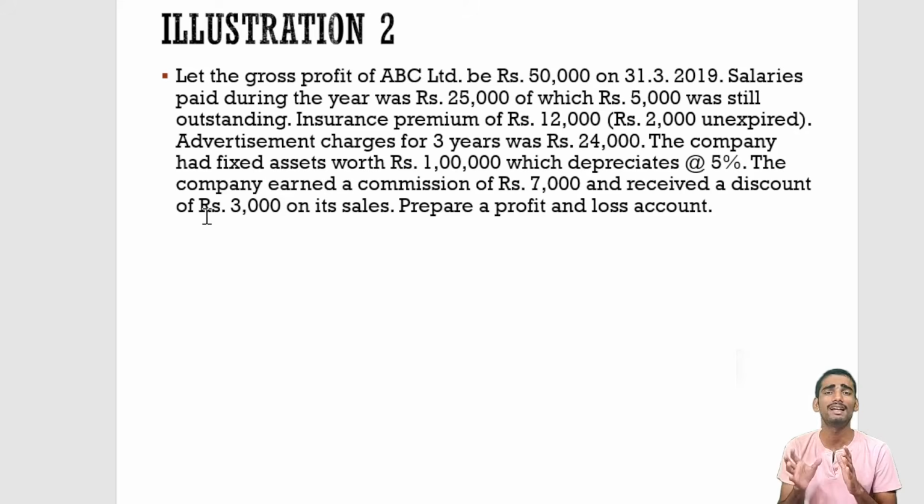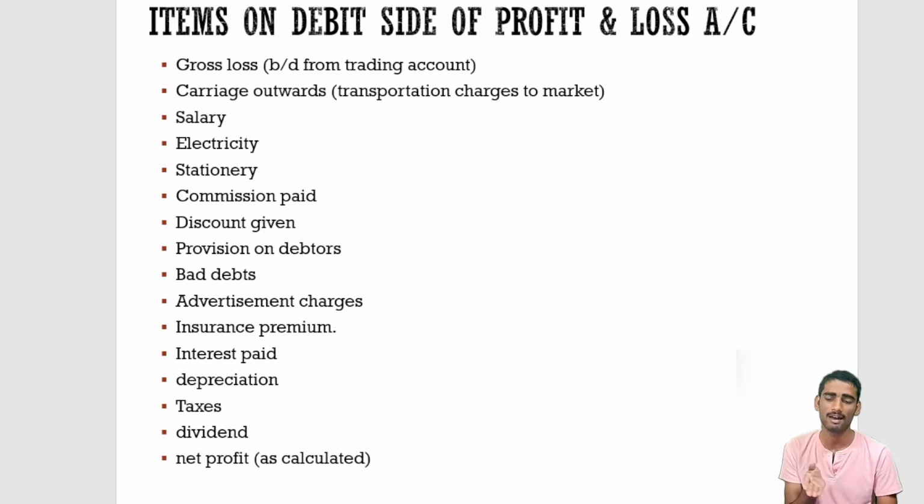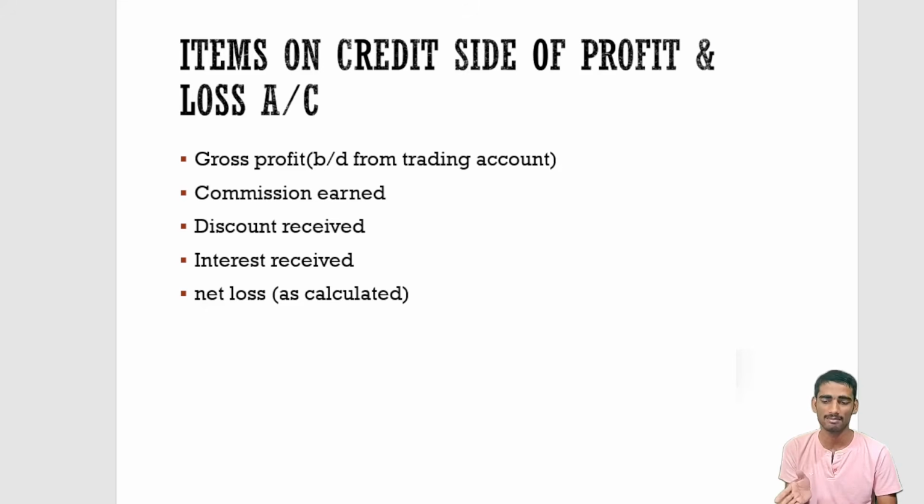First of all, you have to analyze what we have to write on the left side, and on the right side, or you can say the credit side. And how we will go through the process, I have already said what you have to write on the left side and what you have to write on the right side. So with the help of this, after seeing it 2-3 times, you will have a clear-cut idea.